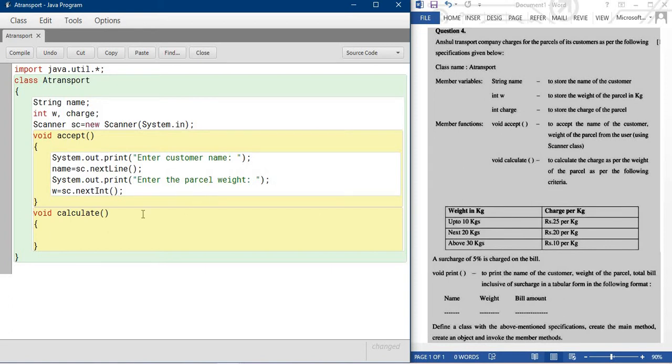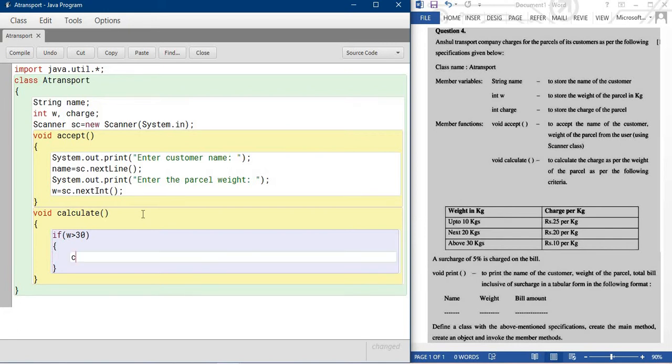That's why we start doing the calculation from down to upwards. So first I am checking: if weight greater than 30, then charge is equal to first 10 kg into 25 each, plus next 20 kg into 20 rupees per kg, and additional kg means total weight minus 30, because we have already calculated 10 kg and 20 kg.